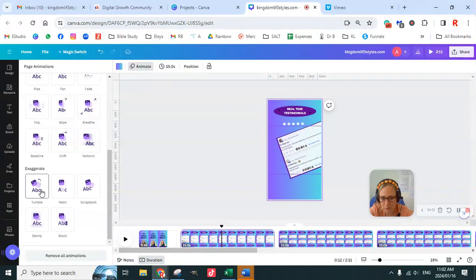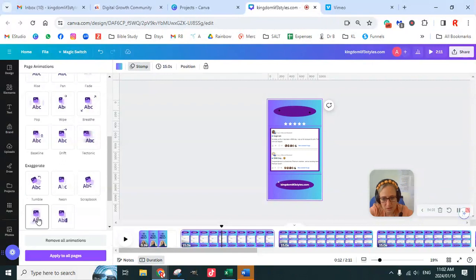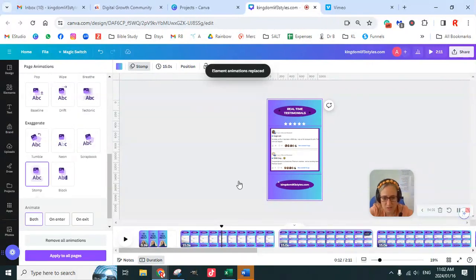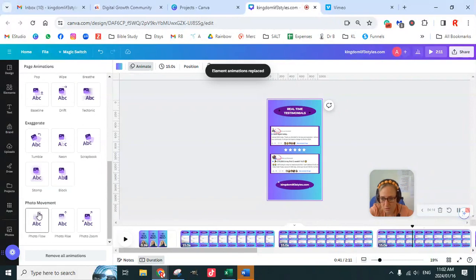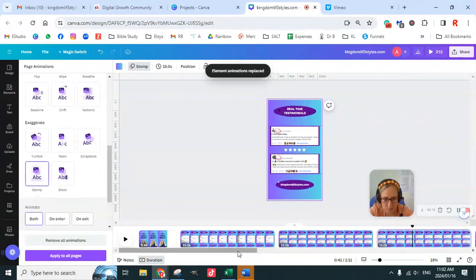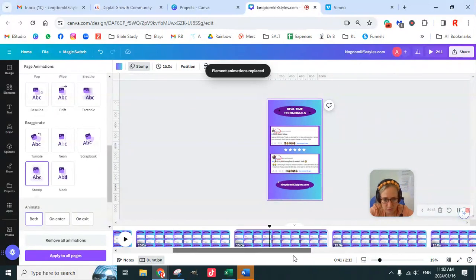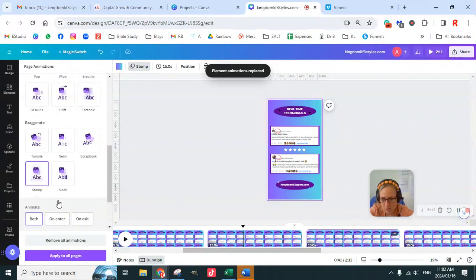And stomp. I think stomp is great. Okay, so let's go make all of them stomp. That's not a bad idea because it doesn't actually remove it. Okay, so stomp,